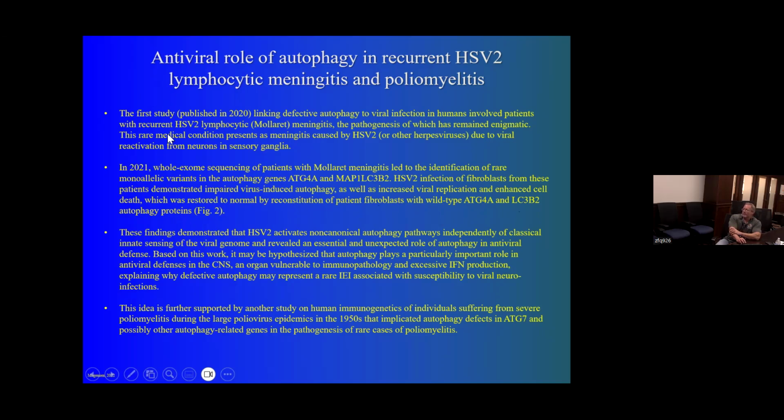So at least in these limited studies here, this shows that herpes simplex virus 2 is also using an altered autophagy pathway, an altered recycling pathway to be able to contribute to viral infection. So not only are we seeing deficiencies in TLR3, which leads to massive amplifications of viral infections, but we're also seeing this occurring in autophagy. And both of these are tied back to genetic changes in the host.